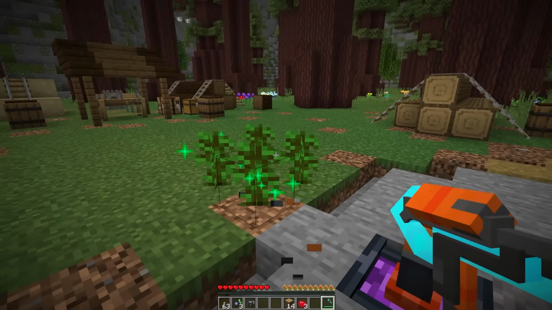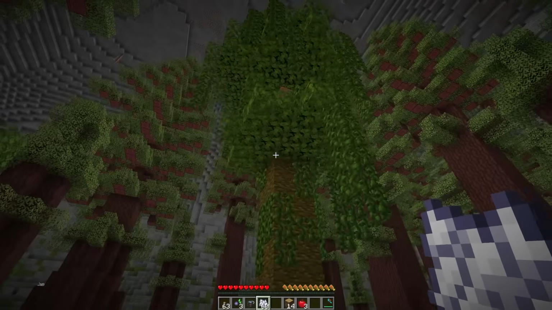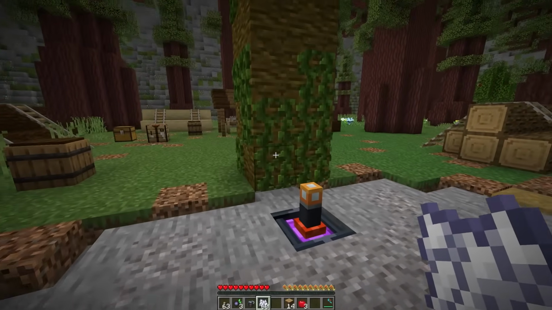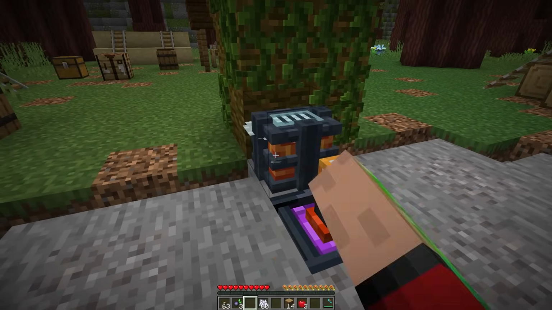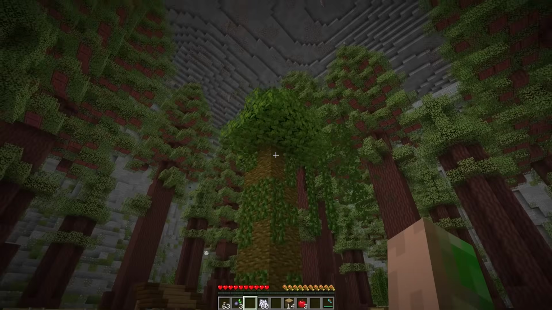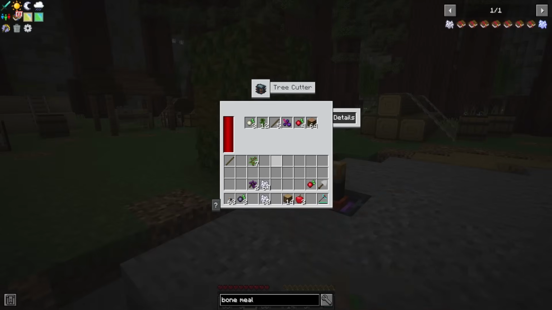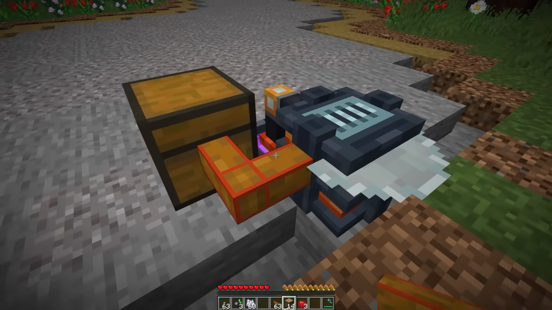The tree cutter is a pretty strong boy and will even work on larger trees. In this case, I have a large 2x2 jungle tree, and when we place the cutter down, it'll start from the top and start taking down the tree. However, the tree is large enough that it has brought us to a problem. The small internal inventory of the cutter has filled up and there's no space to store any more logs, so